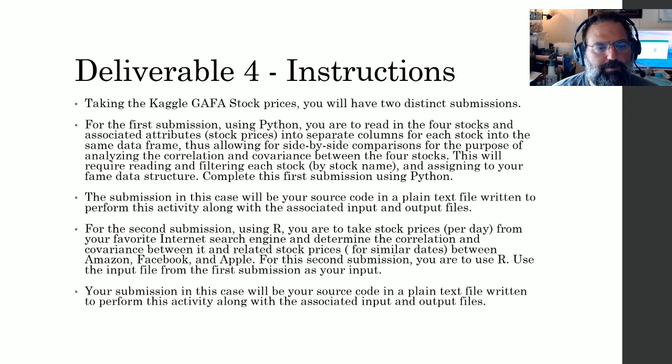So for your first submission, you take Python, you read in all 4 stocks, you read in all the files, and you separate those stock prices out into separate columns for each stock. So you're wanting to determine the average stock price by considering open and closing, and by each stock. So that's where you're potentially going to be doing that split thing, right? And then combine. Then what you're going to want to do is do some covariance and correlation analysis between the 4 stocks. This will require reading and filtering each stock by stock name and assigning your